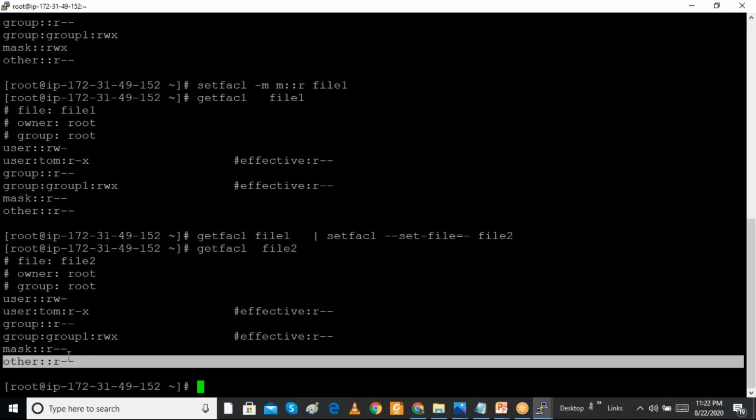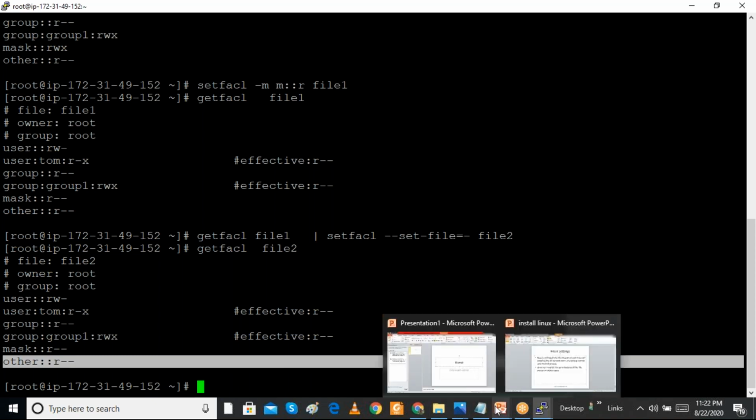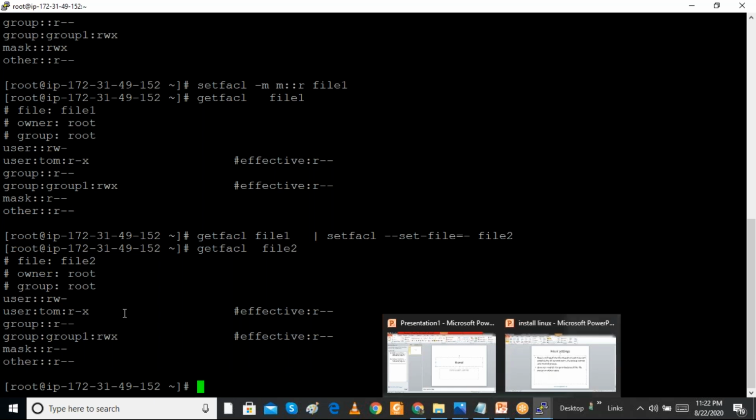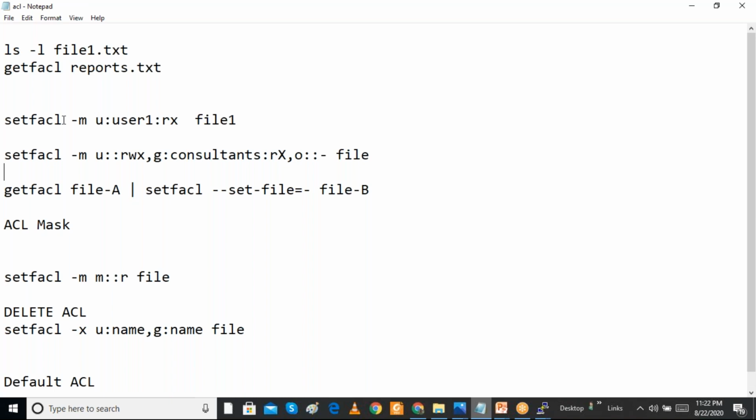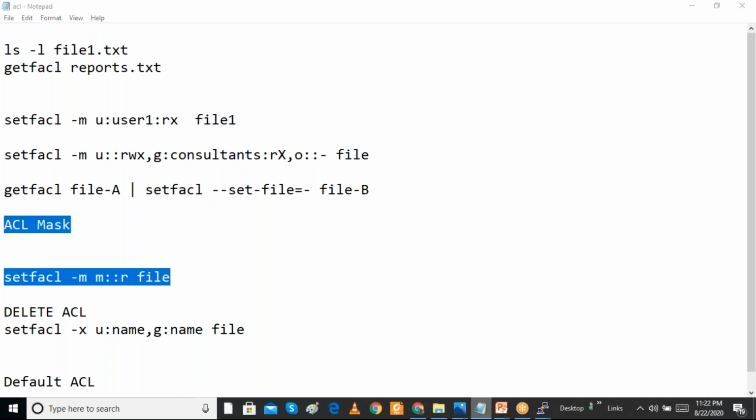We have to know that ACL is the additional permissions we are giving. Standard permission means user, group and others. But here we want to give separate, additional permission. So Tom user I have given one permission, and John user I want to give a permission. All this you can change using the setfacl command. You can modify the permission, and we can also give permission for groups and others. So mask is the default maximum permission we can restrict.